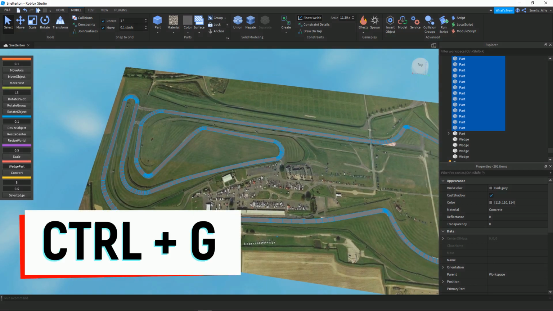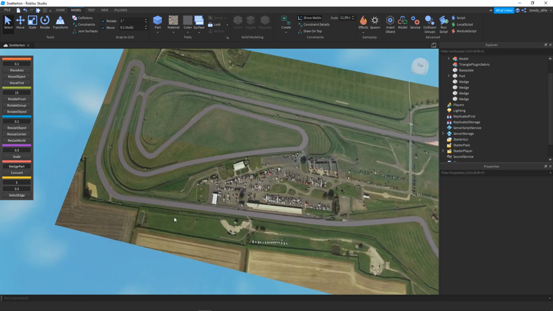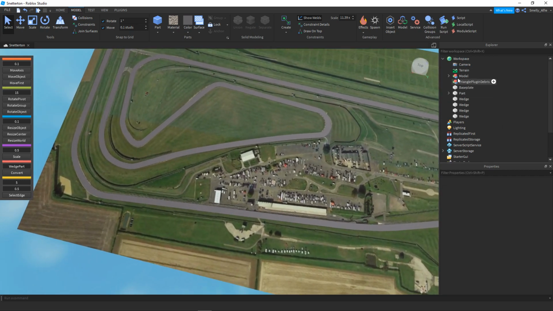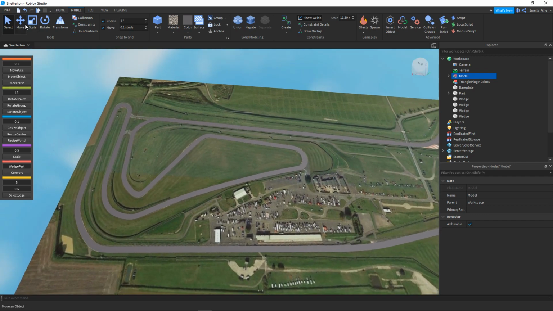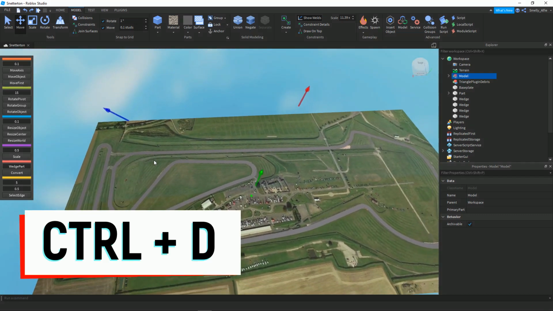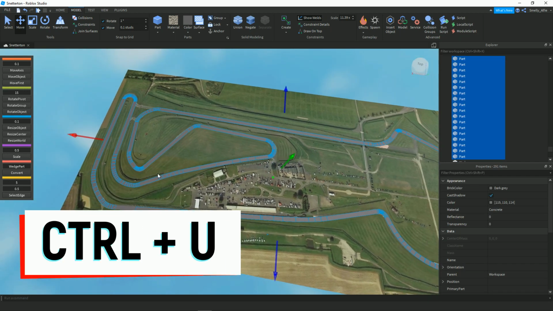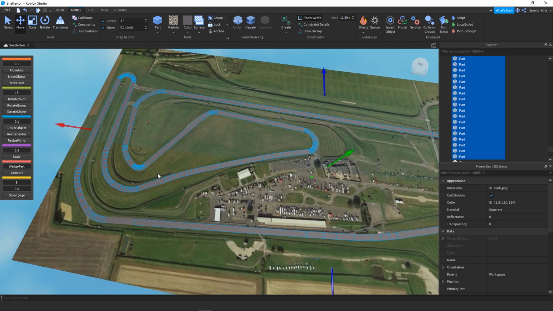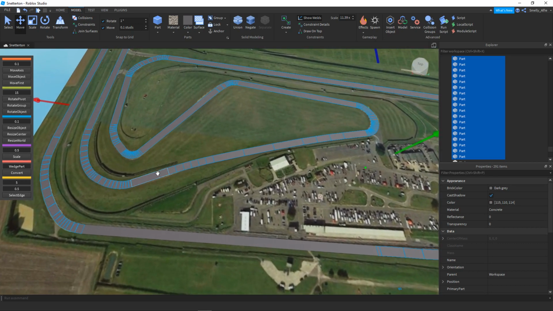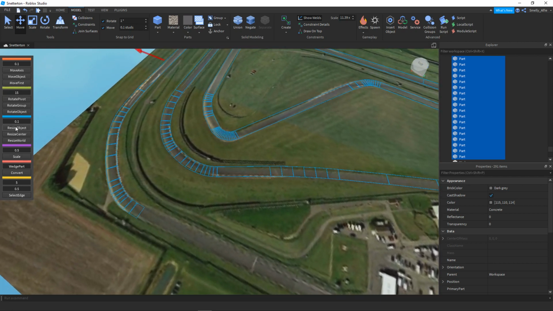Do Control G, and then if we go select that, then do Control D and then Control U. So what that's pretty much done is made a whole replica of the track, so we can now go and create lines. So now what you want to do is go into Studio Build Suite on here, click Resize Object,